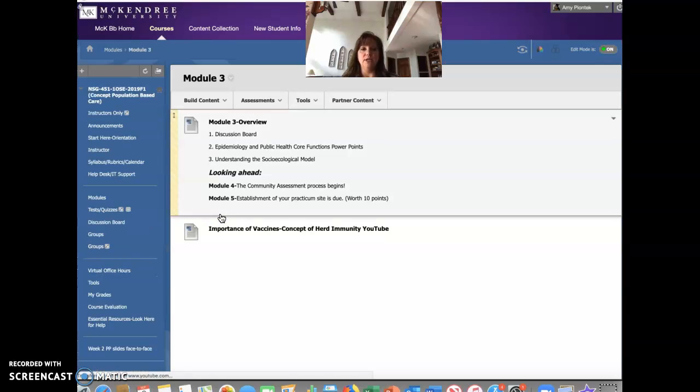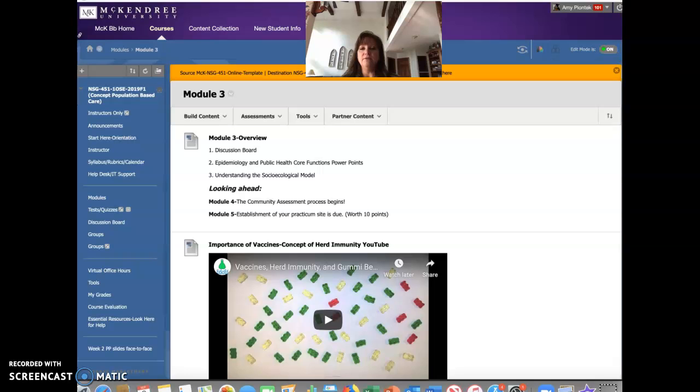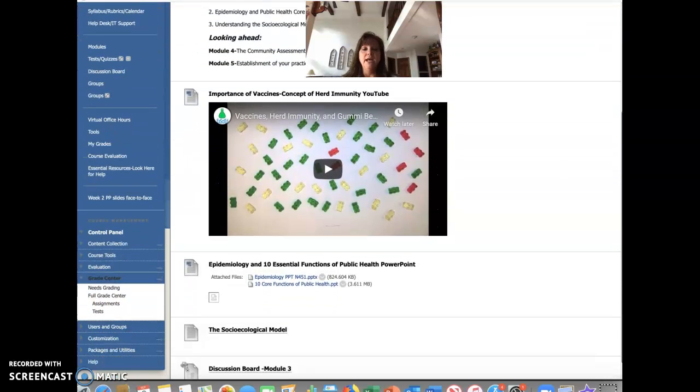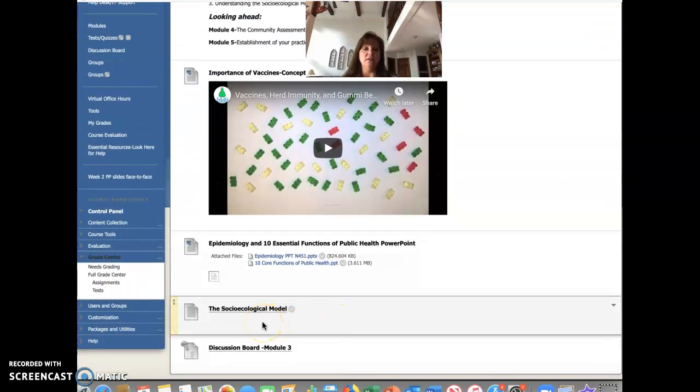So going into Module 3, we're really going to be focusing on epidemiology and looking at herd immunity and how herd immunity works. We're also going to be looking at the socio-ecological model, which is my favorite model. It really takes into consideration all of those parameters that each of us have when it comes to our determinants, whether it be our interpersonal level, whether it be a policy level, could also be at the community level. So we're going to talk more about that when we meet next week on Wednesday. So I wanted to give you kind of a highlight of the socio-ecological model.